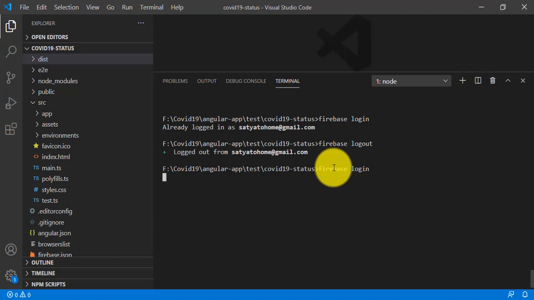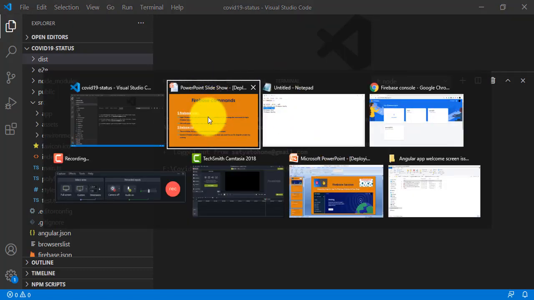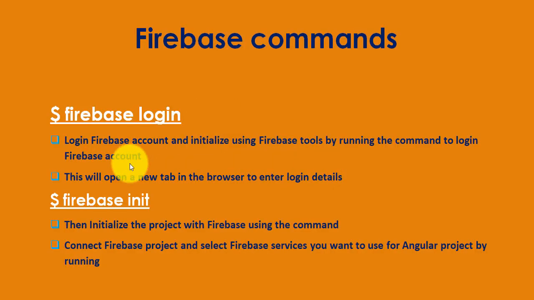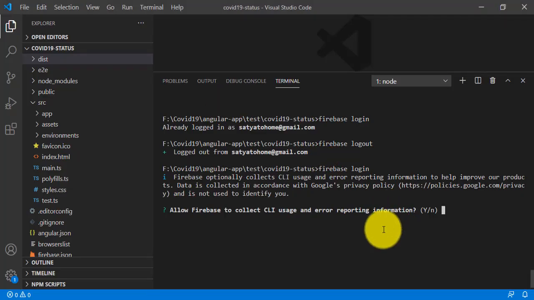I paste here firebase login, press enter. So as per the steps I have mentioned here in my sheet, it will go through the same steps, asking for browser credentials, and it will use a new browser tab to enter the login details. And now it is asking whether to allow Firebase to collect CLI usage and error reporting information.